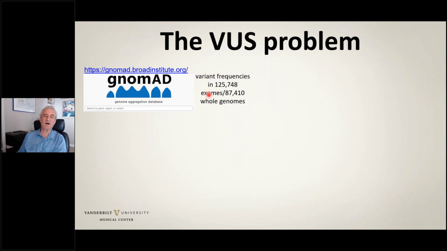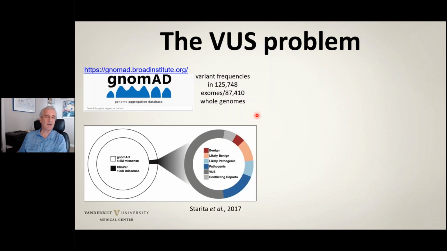frequencies in over 200,000 exomes or whole genomes, and is publicly available. Unfortunately, gnomAD doesn't include any phenotypic data right now. So these are data of variant frequencies just in the absence of phenotypes. At the time Leo Starita did this study in 2017, there were 4.6 million missense SNPs in gnomAD, of which 100,000 had an annotation in ClinVar, which is the NIH-supported clinical annotation and reporting